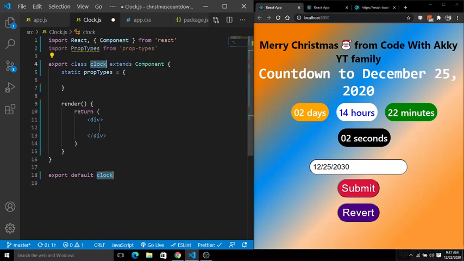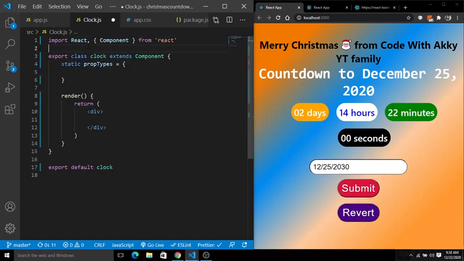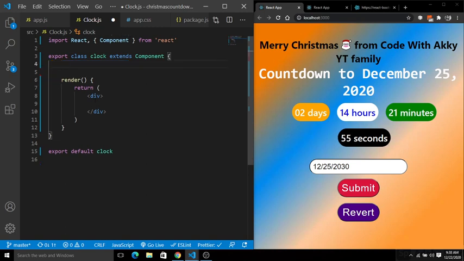Hit enter, get rid of this first of all. Next, get rid of this static prototype also. Give it a class name clock, and inside this put hello from countdown clock.